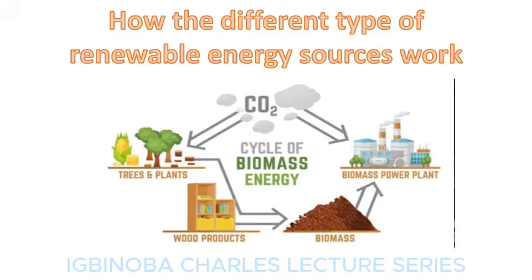So you can see the biomass plant. You can see the tree. When it was cut down, it was processed into this biomass and taken to the biomass plant to produce what we know as methane. Methane gas is typically produced through an anaerobic process during the natural decomposition of organic matter.